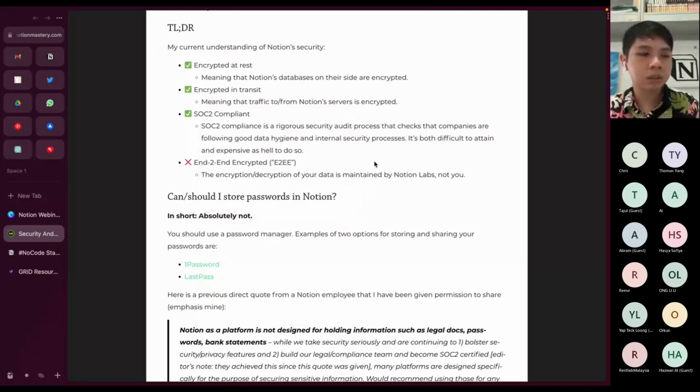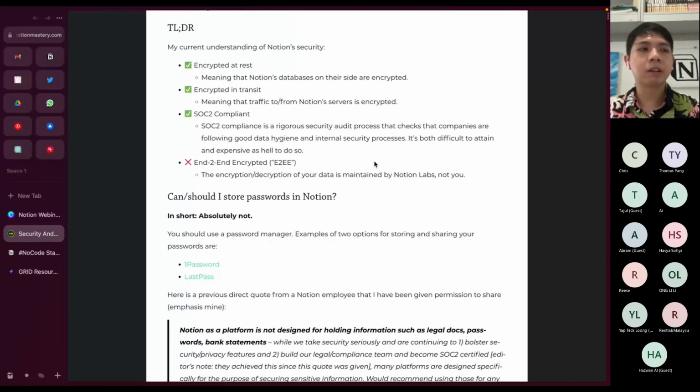But the summary, based on what he explains, is that Notion shouldn't be used for clinical data or personal data. For example, if you're a doctor, inputting personal data here is not encouraged because it's highly sensitive. In our use case, passwords are not encouraged either.